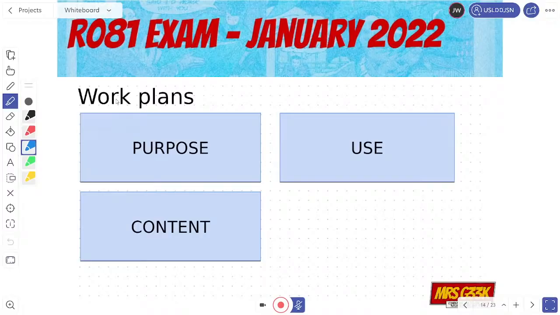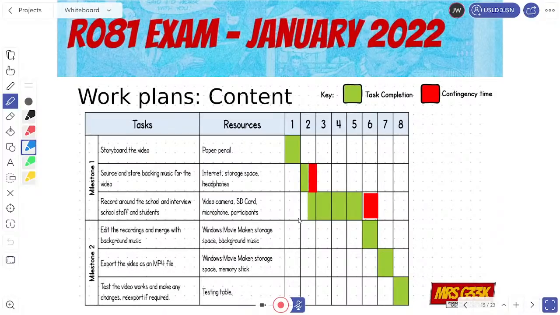Who uses that? It tends to be either the client and also the company who's doing it, anyone involved in pre-production. So anyone who's involved in the project will typically need to have access to the work plan to know what they've got to do and when they've got to do it. And in terms of content, that can be broken down, and I'm going to show you again an example on the following page. So here is the content of our work plan.